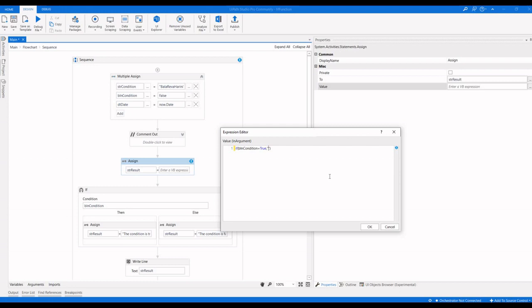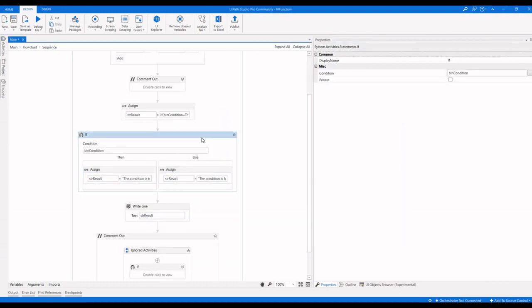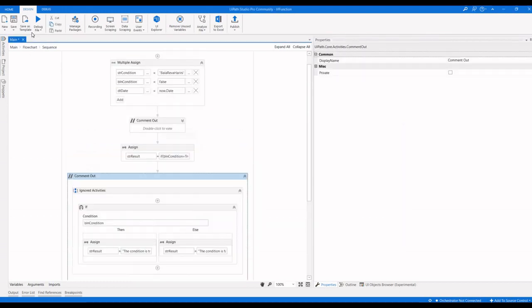I'm going to say the condition is true, and then the condition is false. I'm going to disable this one. We can see what we are getting as the return.